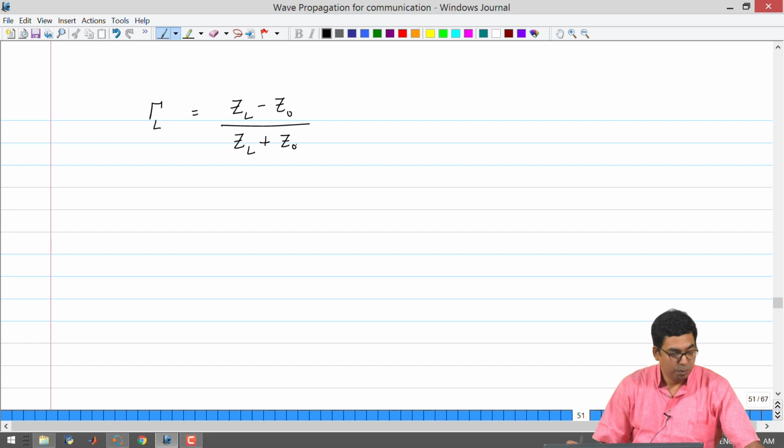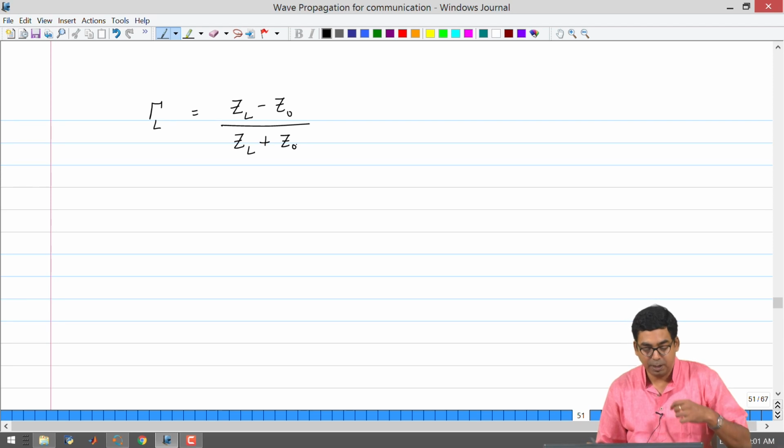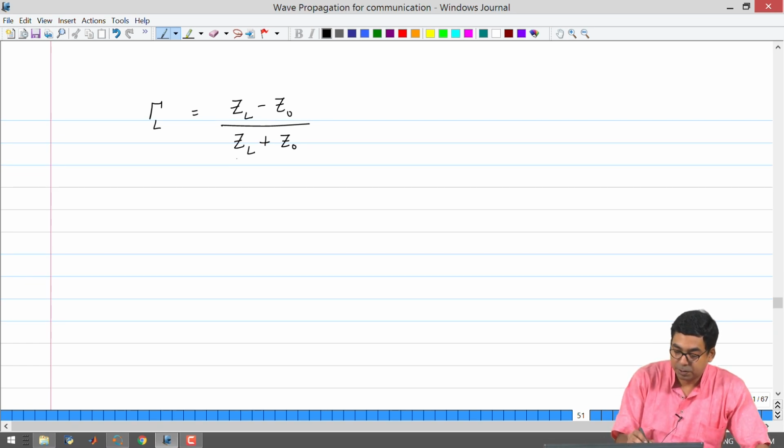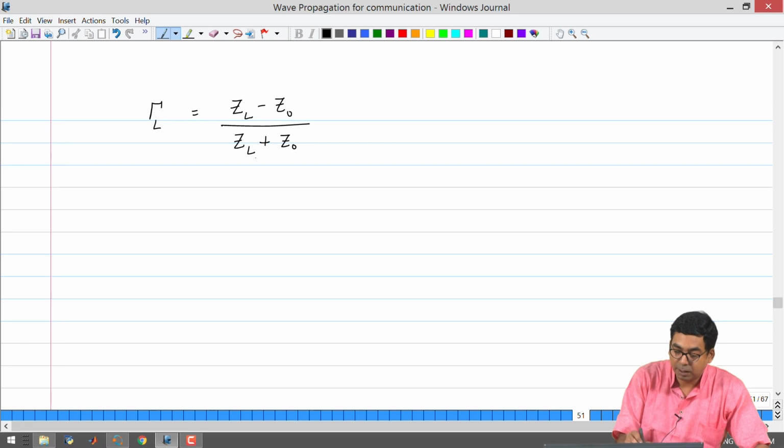Now, we are going to touch some aspects on this particular reflection coefficient and try to understand the relationship between gamma and Z more closely. Since this is a ratio of ZL minus Z naught to ZL plus Z naught, the first question that we have to put to rest is whether the absolute values matter. One could always divide the numerator and the denominator by Z naught. So, that would give me ZL by Z naught minus 1 divided by ZL divided by Z naught plus 1.